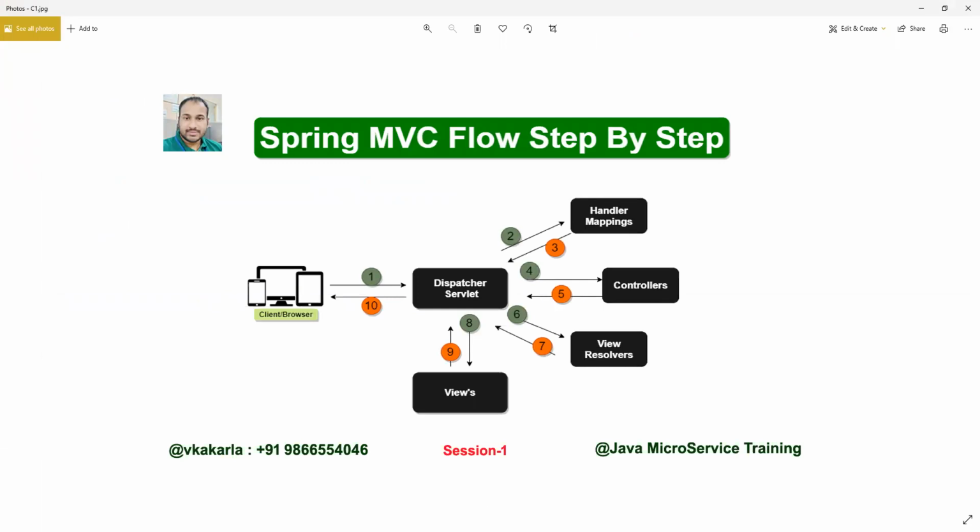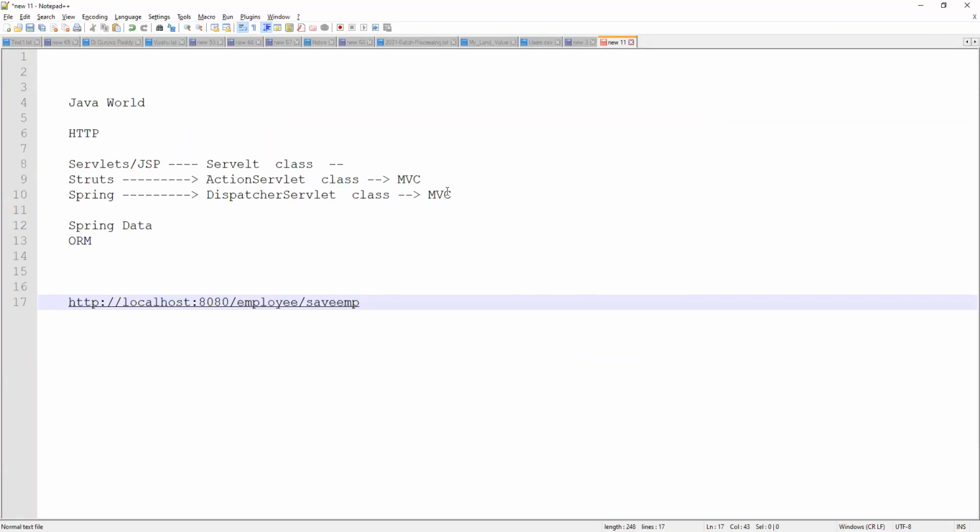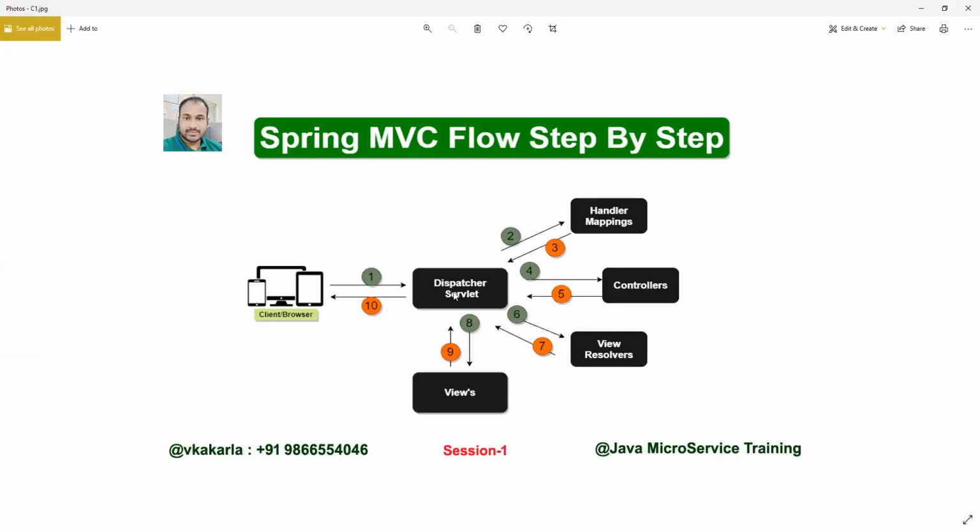So here we have a model view controller, right? Model view controller. Which controller class do I need to send this request to? So it will get confused. So now the dispatcher servlet will take the help of handler mapping. Hey, handler mapping, can you take this request? Give the exact controller so that I will go there and catch my response there. So it will ask handler mapping for help.